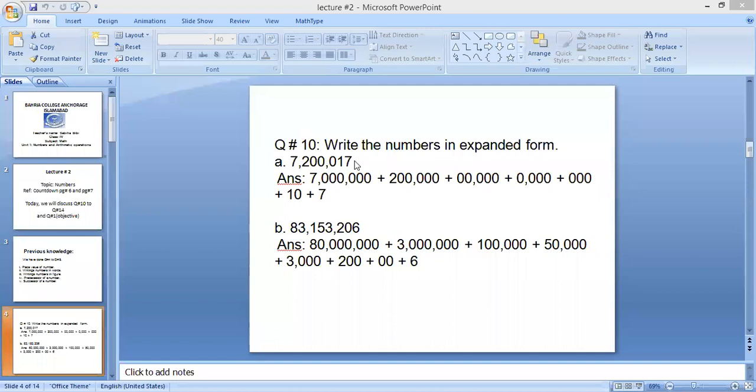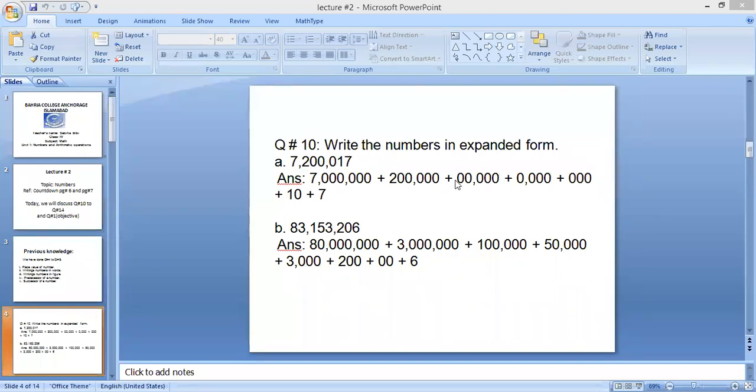You have a number. First of all, you will go to the first digit. It's 7 million. You will write 7 here and you will count the number of digits to the right side. You can check you have 6 digits here. So you will put 6 zeros here. It's actually the place value of 7. Then you write an addition sign. Then you will write 2 and check how many zeros to the right side of 2. You have 5 zeros. So you will put 5 zeros here.